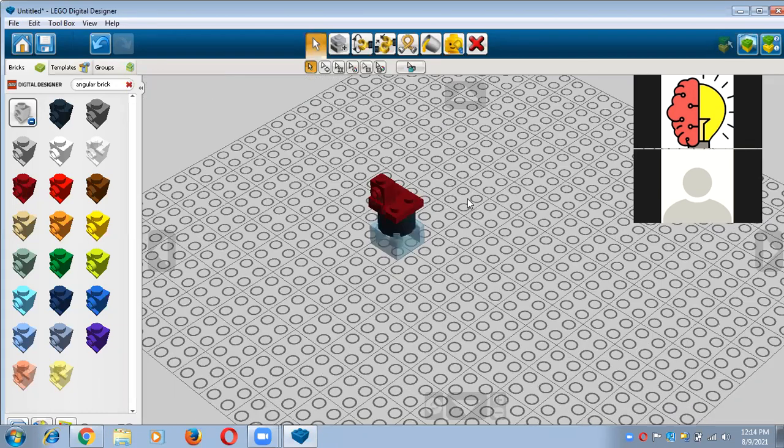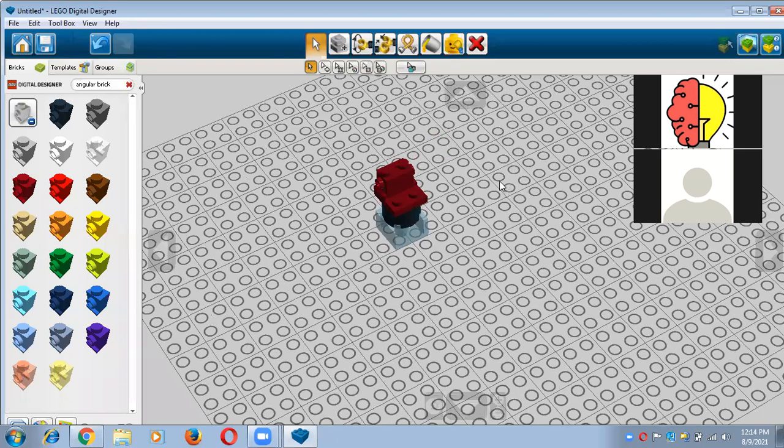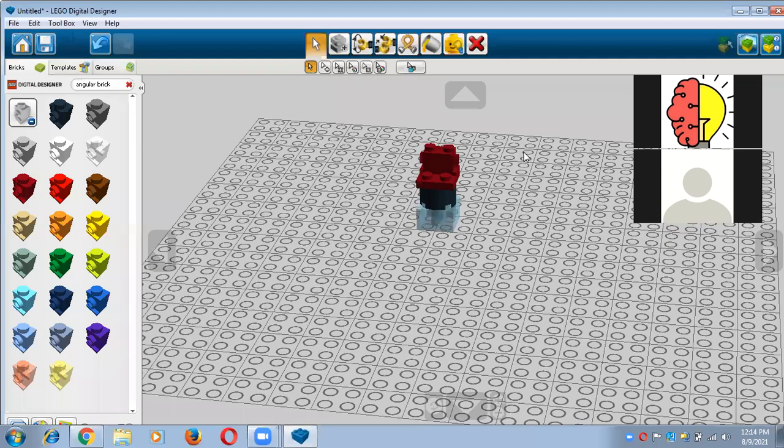I'll show you. Here you have to place it. And after that you will take one more angular brick. So you can take it from here easily, and after that you will change the direction of this angular brick like this with the help of the keyboard. You know very well, right? And now you can put it here in the opposite direction of the first one, right? Now I'll show you. Yes, in this way.